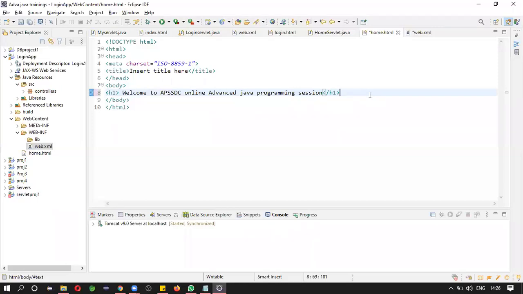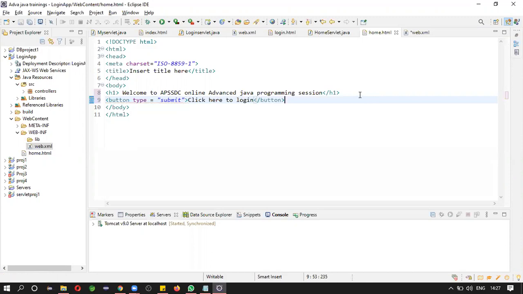Okay, so this is home.html. Input type is equals to submit. Click here to login. Save this file.